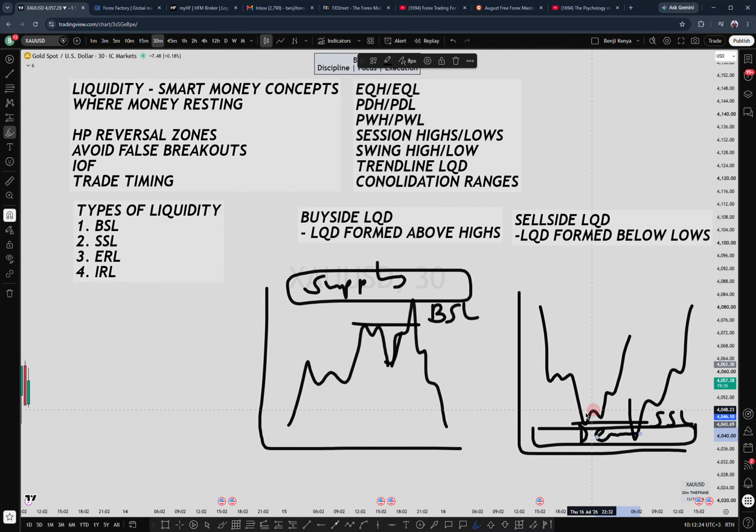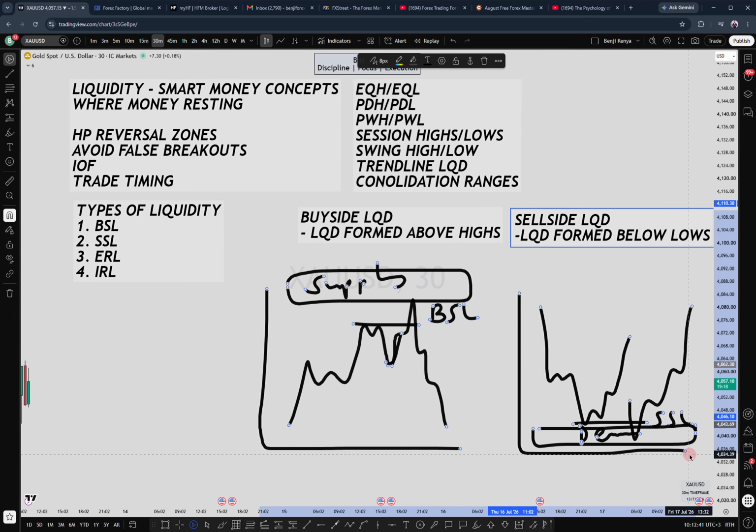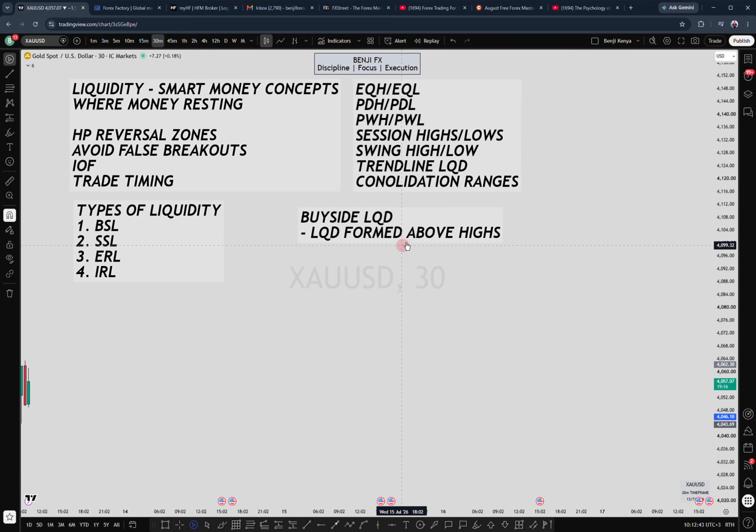I'll also use more examples, especially on gold and GBP/USD, so that you can understand more on the same. So that's buy side liquidity and also sell side. I will delete all this. Then we can talk about the next thing, which is now